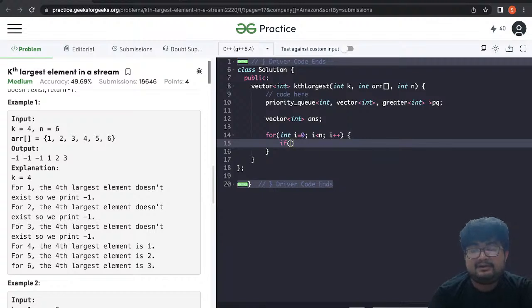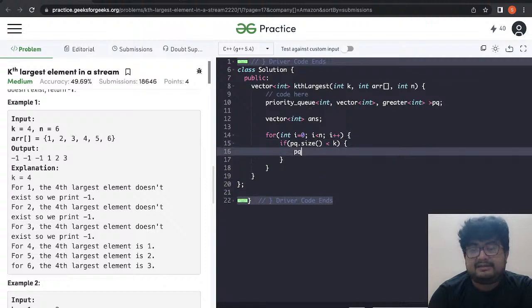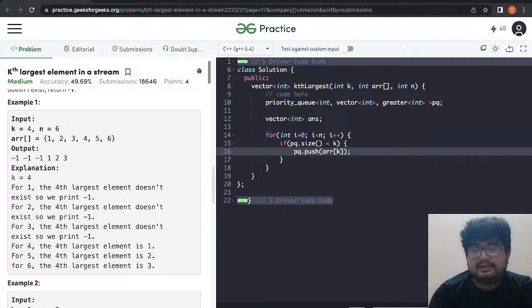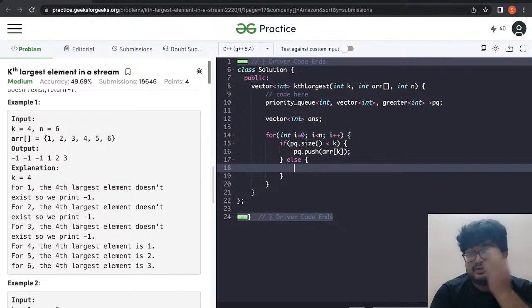What will be the condition here? First, if the size is less than k, pq dot size is less than k, in that case we should just add, right? pq dot push arr k, and else, what we should do? Else we should see